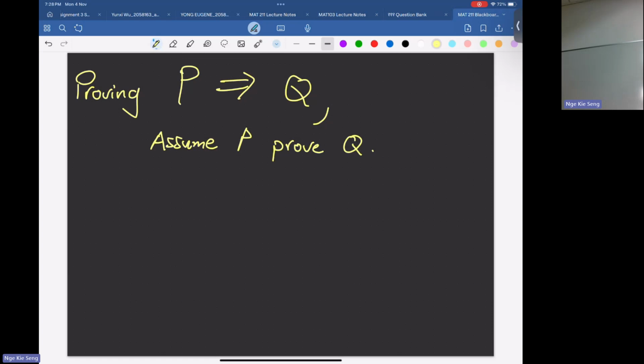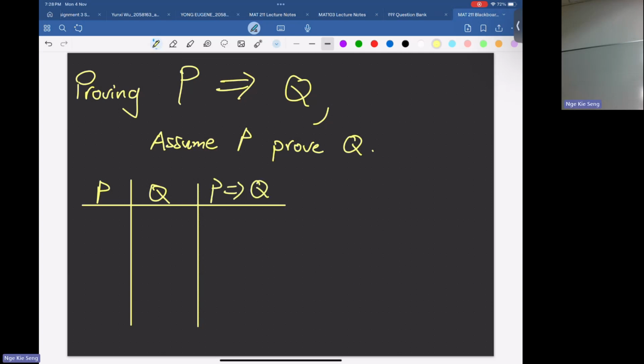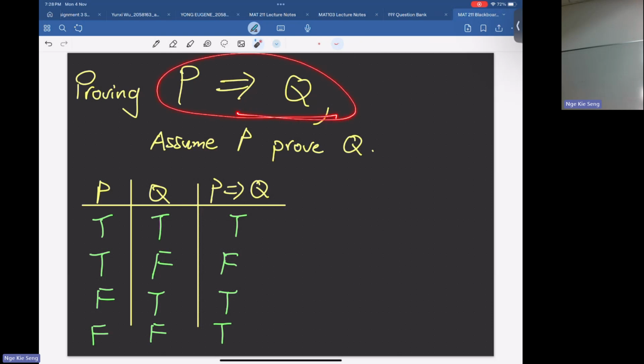Okay, I'm going to teach you a way to read a truth table that you never read like that before. So what is the truth table for P implies Q? Let me set out the table first. True, true, true, false, false, true, false, false. So P implies Q has what truth value? True, false, true, true. You see, you want to prove P implies Q, meaning you want it to be true. In how many instances is it true? There are 3 instances where it is true.